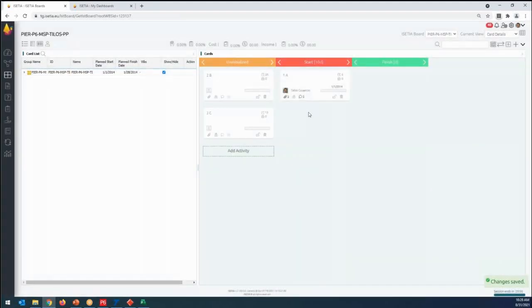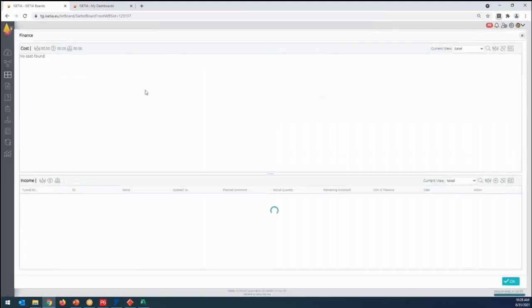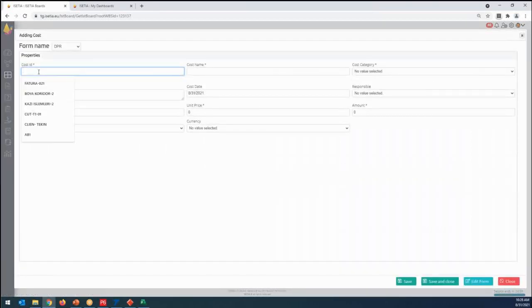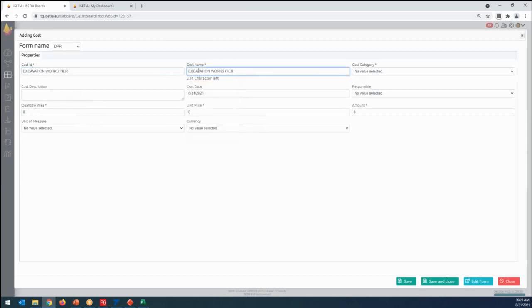So you can open the document and then you can save our document here. I have now documents, I have comments, and what are the others? Let's put here BOQ items. So if this is an activity A, I would like to plan here material, resources, and etc. So we are adding here, for example, cost ID. Let's go with excavation work here, and cost name, I'm writing excavation work here.